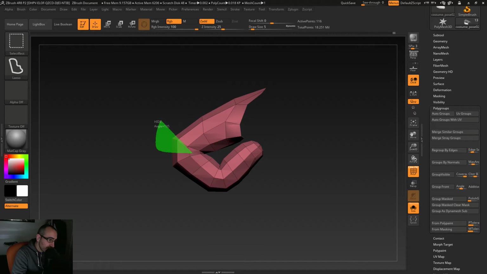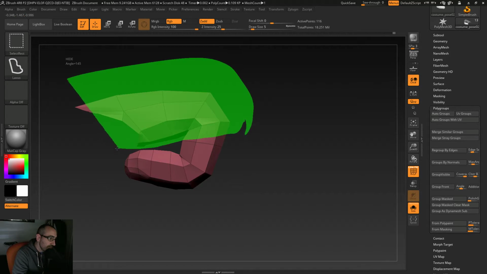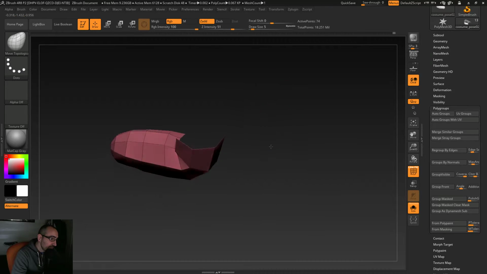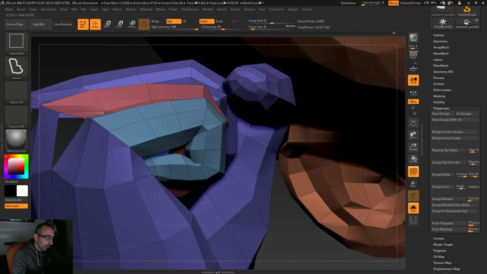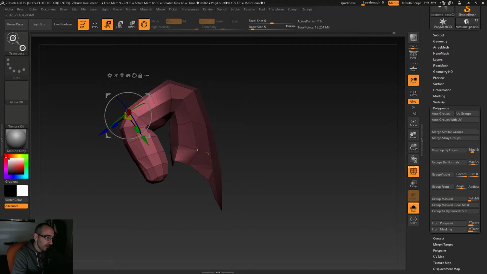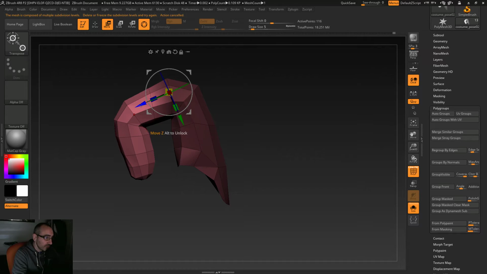So what I'm gonna do, if I can successfully isolate this guy, actually, let's grab up to here. Okay. Something like that. All right, let's see if this is gonna work. And I've got that guy. Let's hide that. And that guy. For some reason, at this level, the selection is a little bit tricky to do, but whatever. So what I'm going to do here, I'm going to move this up,